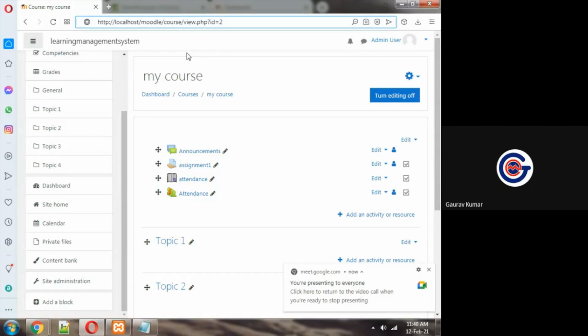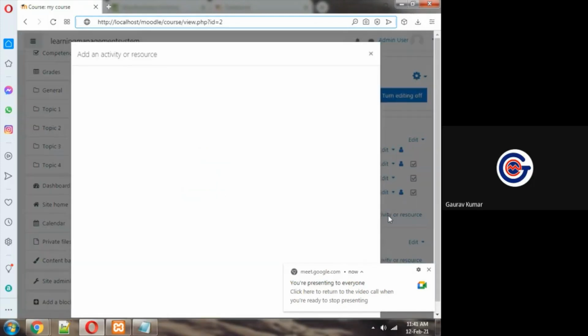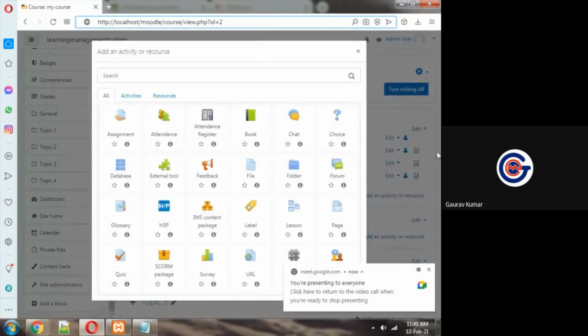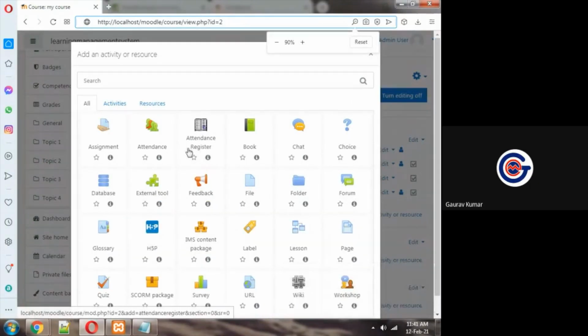Now you will see some additional functionalities of Moodle, which I have deployed in this server. Add an activity or resource, and you can see that I have installed the attendance register. Why?